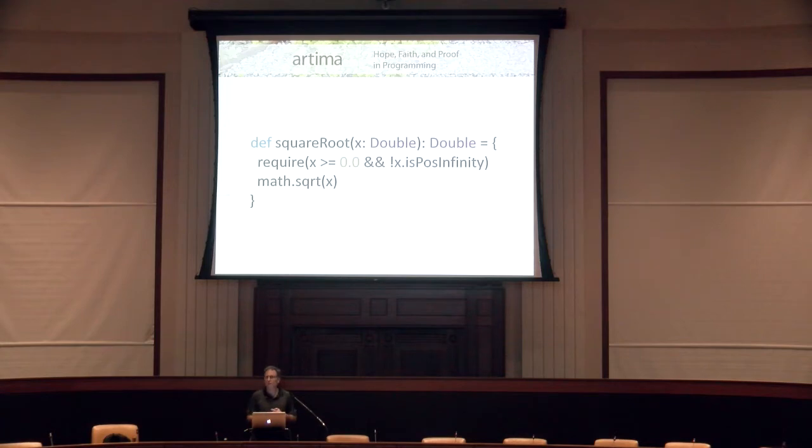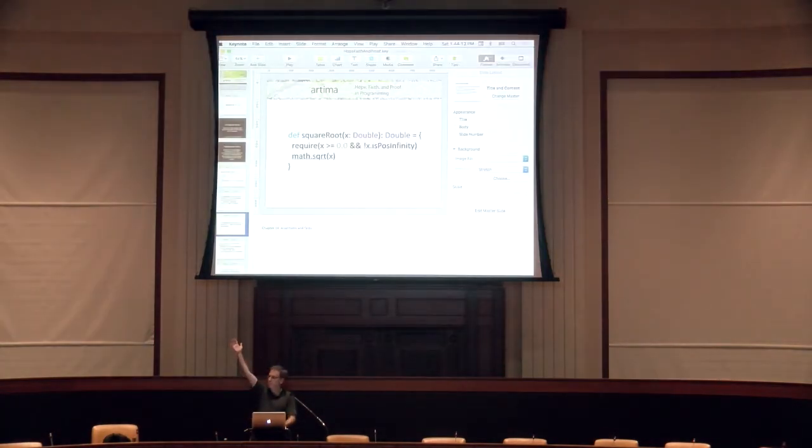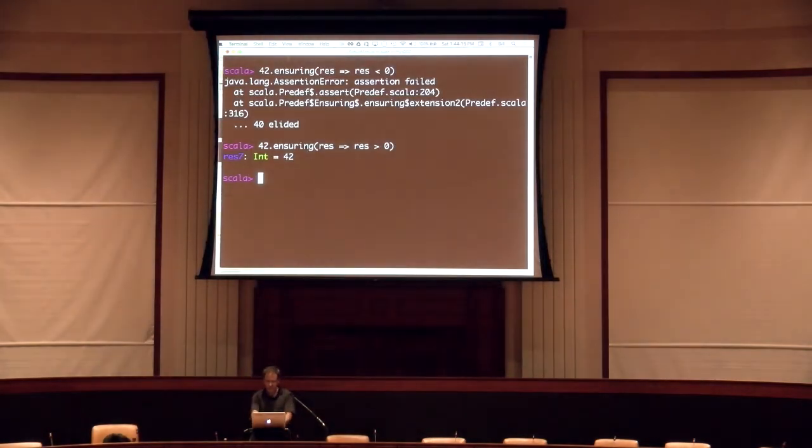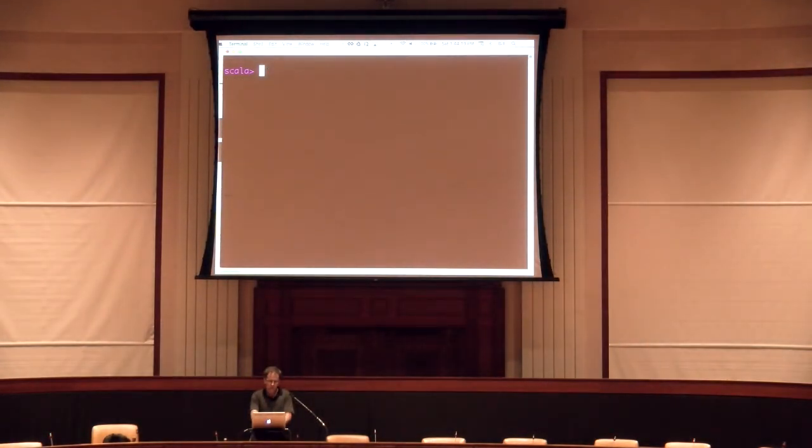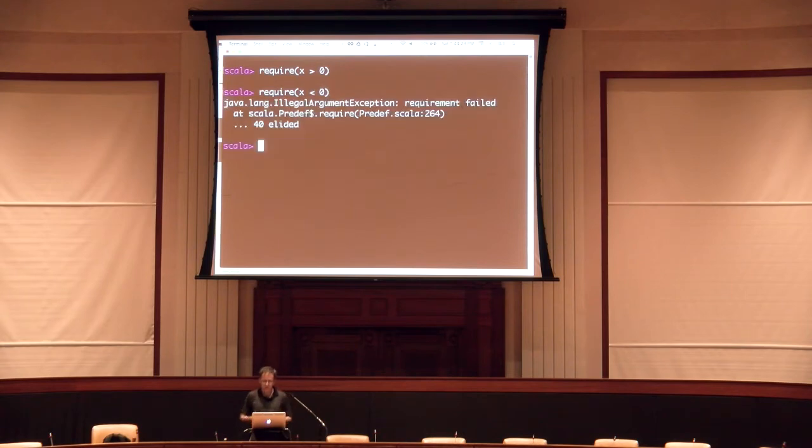So we added this thing called require to predef, which, I mean, how many people know about require? Okay, so that's a lot more people because that's actually what we use the most. So if I say require x is greater than 0, which succeeds, again, returns unit. If it's less than, it's the same as assert or assume, but it says illegal argument exception. So anyway, that's really like a precondition check you can't turn off. And that was actually the default in Eiffel. The default in Eiffel was if you didn't do anything special and you ran an Eiffel program, precondition checks would be turned on, the require clauses would execute, but the post conditions would not. So that's sort of what we did.